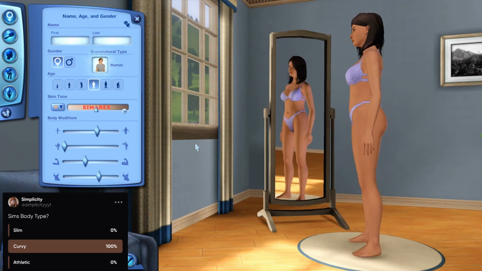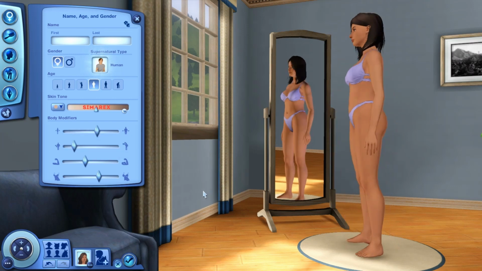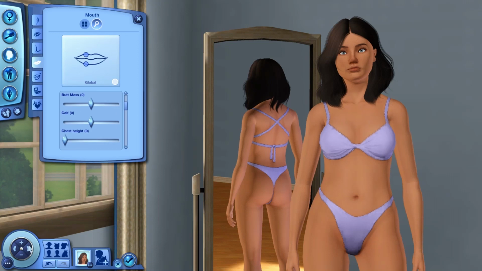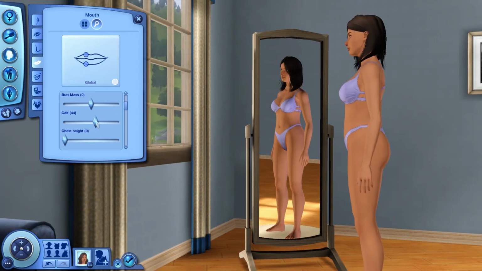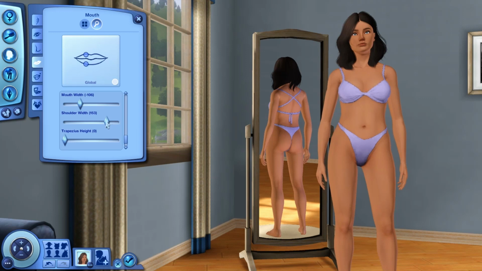But body type was probably the easiest poll, because everybody voted unanimously. So we are having a little bit of a curvy sim. I did go in and adjust a few little things. I can't remember if I went back in and made her curvier at some point, but I did bring her shoulders out. I made her shoulders wider because I have broad shoulders myself, so I felt like that was kind of nice.